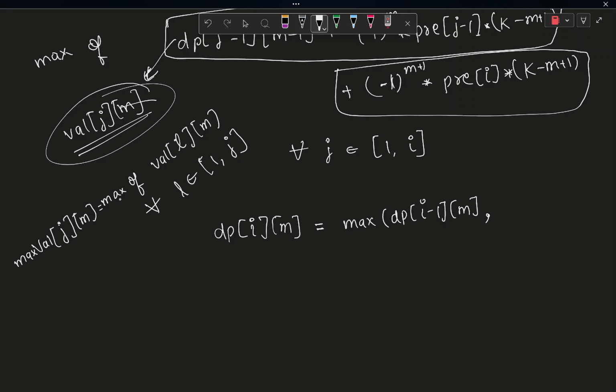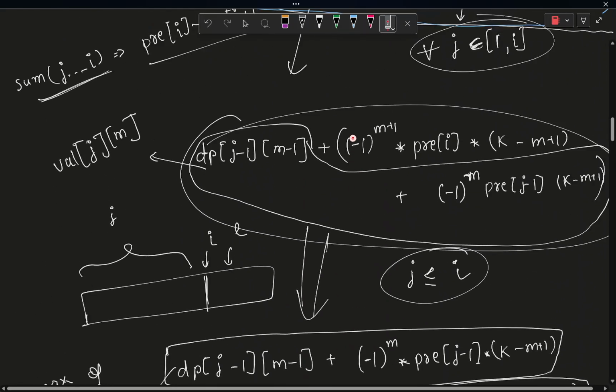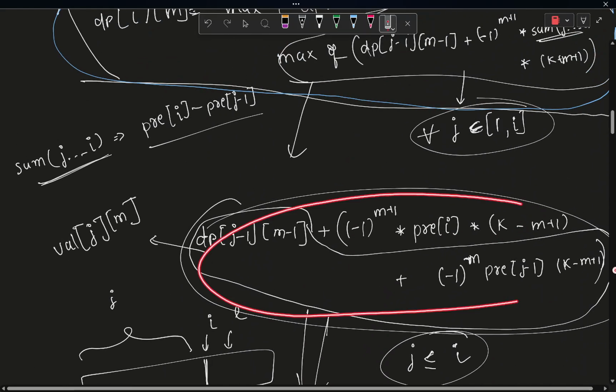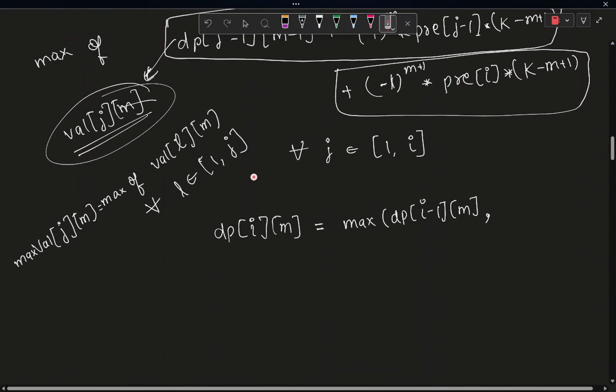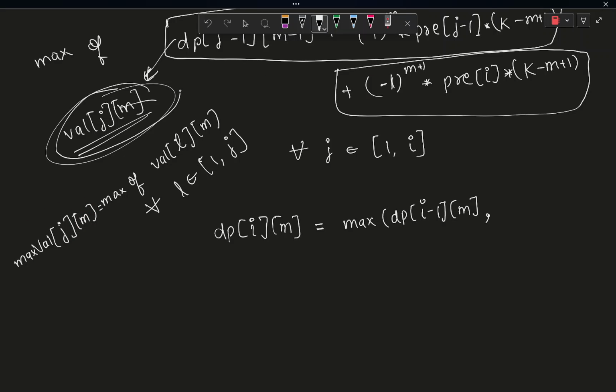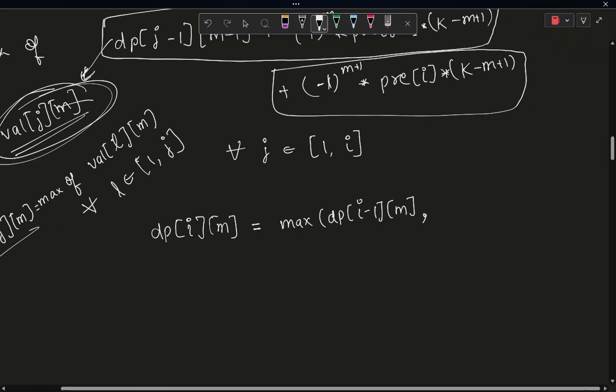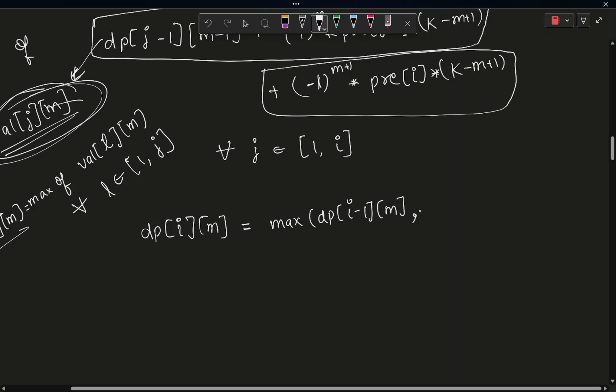If I do something like this, then if you see this expression, all I wanted to do is find the max of all of these, which I can just get from here. If I find out the val array, then finding out this is not really hard. So I can just say that my dp of i, m would be equal to max of dp of i minus 1, m, and